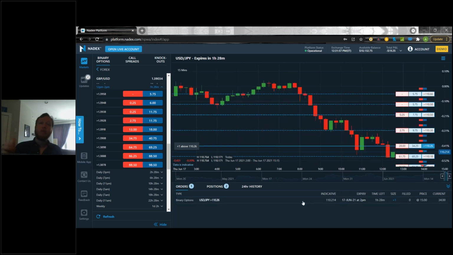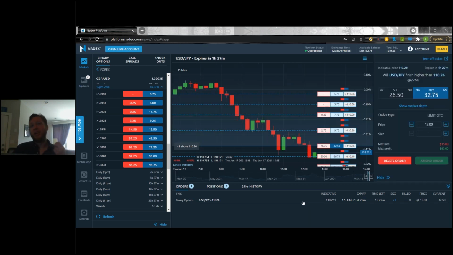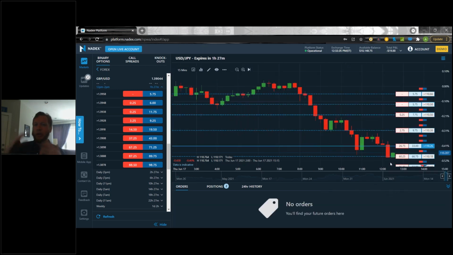Remember, you can only do this with your working orders because this contract hasn't filled yet. You're not in a position yet. If you are in a position, the only way you can get out is by selling that back into the market. But with an order, you can delete that order because it hasn't gone through yet. So I can also hit this delete order. I do just want to make sure everyone realizes I'm clicking directly on this order in the order tab, and that's what's bringing it up. So I can hit delete order, and there we go. It went away. I don't have my working order out there in the market anymore.